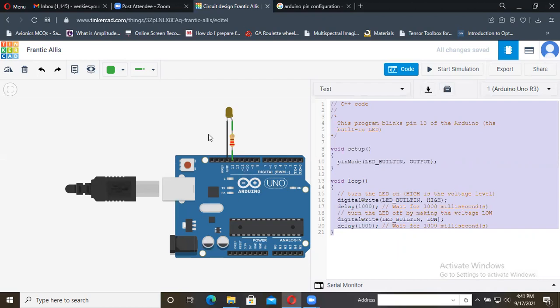Whatever connections and whatever sensors you have, you can implement directly online here, so that the code will be displayed automatically. Take this code and copy paste it in your real Arduino software. That's very, very easy. If you are interested, or already have some knowledge about Arduino boards, you can go through this Tinkercad website. You can easily do many projects based on your interested topics.